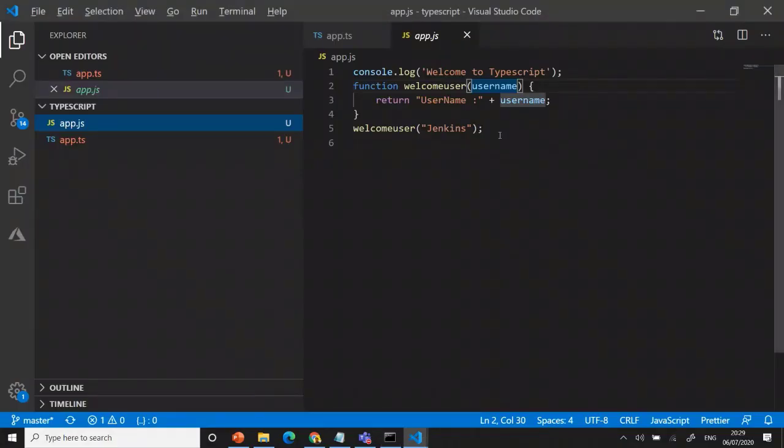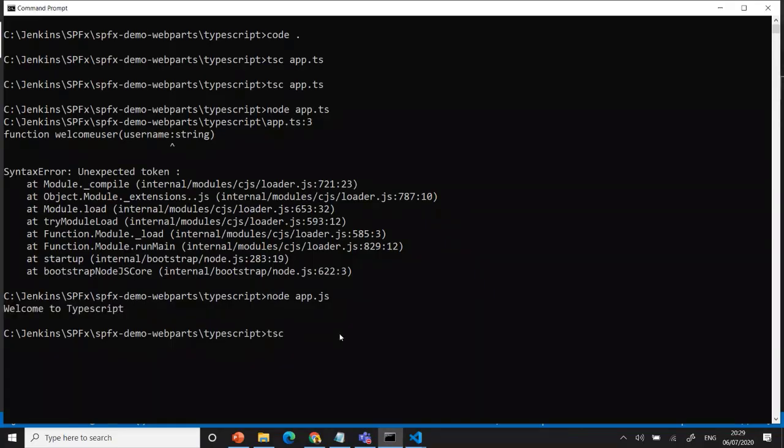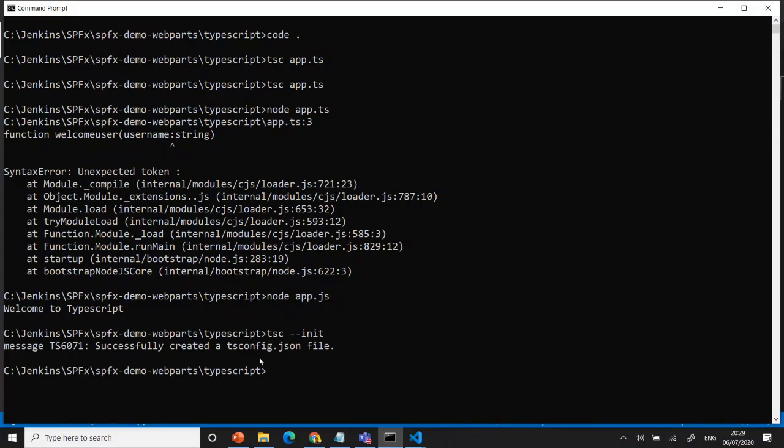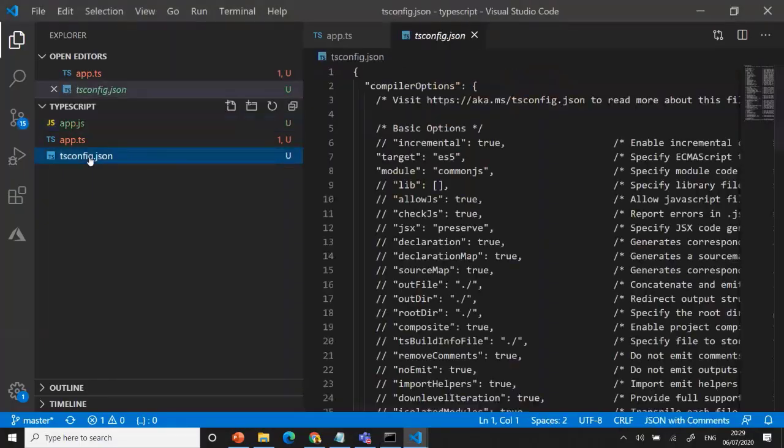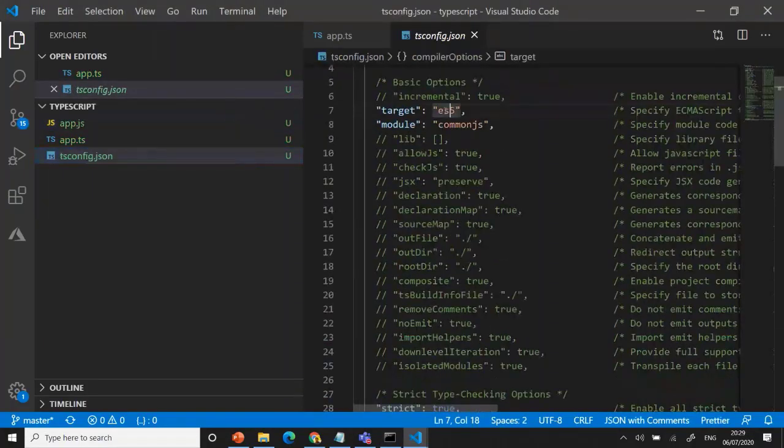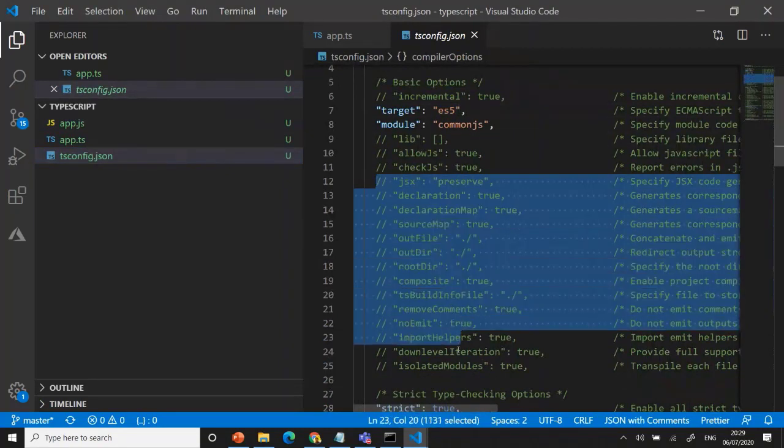You can get objects and everything. Same when you want some configuration information, this is a simple method I did. Whenever I want a configuration, I want to make some folder, everything. What I do is normally tsc --init. It successfully creates it. You can see that tsconfig. Here you can decide which one you want, ES5 or ES8, which folder you want. This is the standard. I'll show you in our SharePoint Framework. Now you understand.